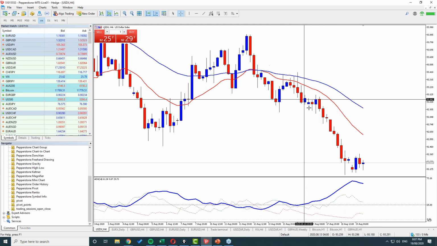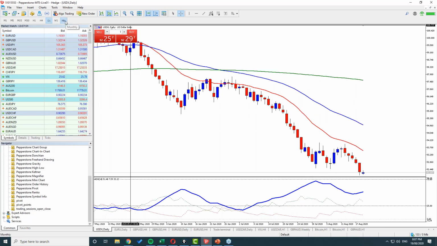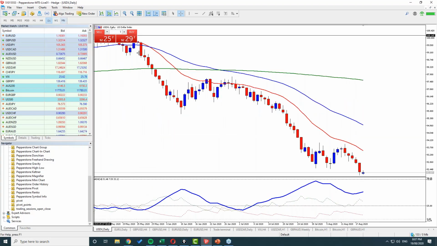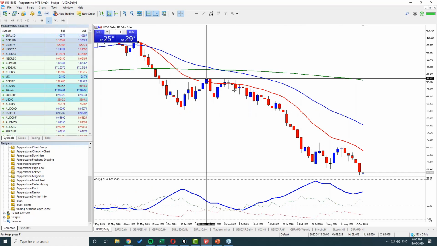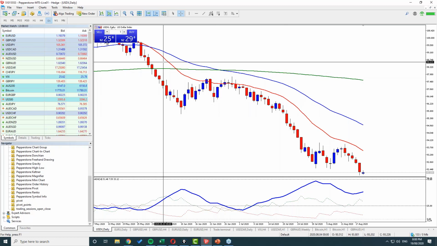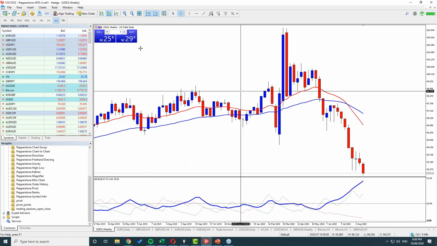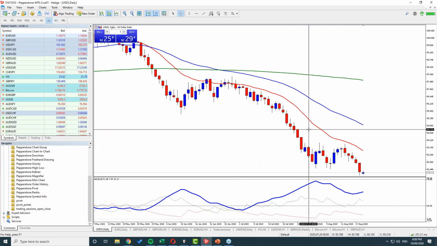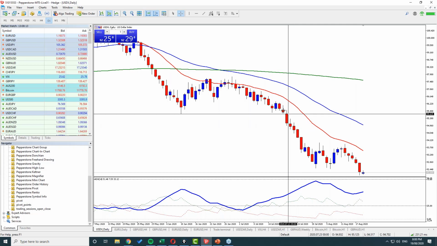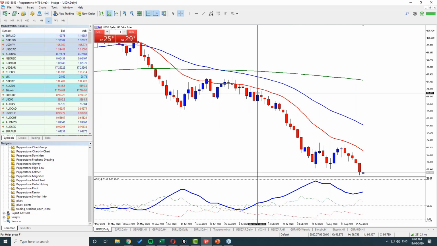So doing the top-down approach, what you'll find is that if you just went through that monthly into weekly into daily, and you just literally looked at this and said, the price is below this 20 exponential moving average, this red line here on pretty much all of those time frames, as you can see here, it's clearly shown that the price is down, then why would you be buying the US dollar index? You'd probably be shorting it and going with the trend. That's the actual idea in trading. You want to be going with what the big traders are doing, and they're the ones that push the market. And you kind of want to go along with them until it becomes time not to go along with them.